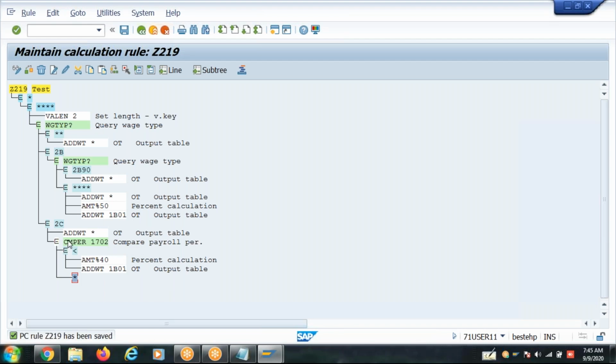Now what will happen if you write it? You are applying this calculation for all 2C series waste types. But my requirement is what? Only for 2C15. Only the 2C15 waste type should not be added to 1B01 effective from 1702.